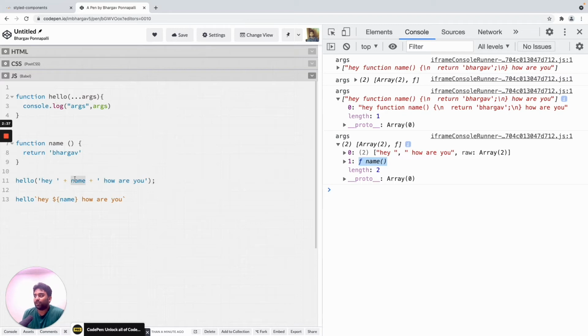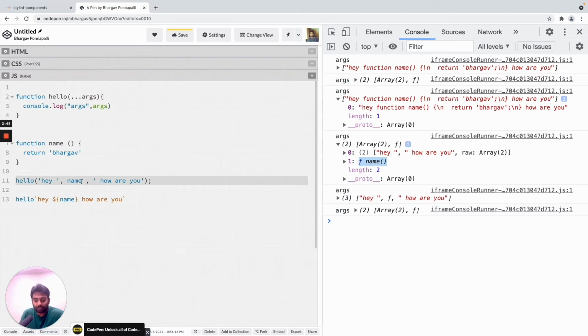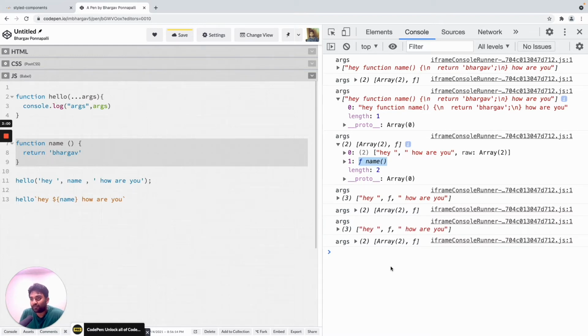So you can do something like this, hey, and then pass the function that we want, and here grab that function as a second argument, grab it and then execute it and so on. But this sort of gives you the flexibility beforehand, makes it much easier. We'll come to how to use this function and so on, but I just wanted to show you how tag template literals can pass the values without stringifying them, and you can decide how you want to use those values at a later point, right?